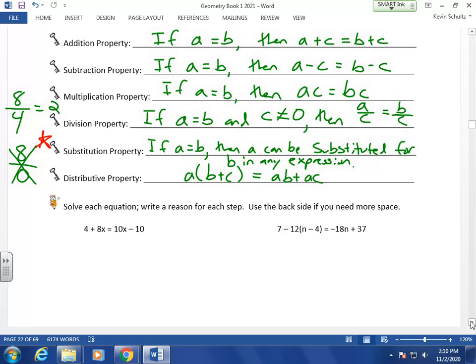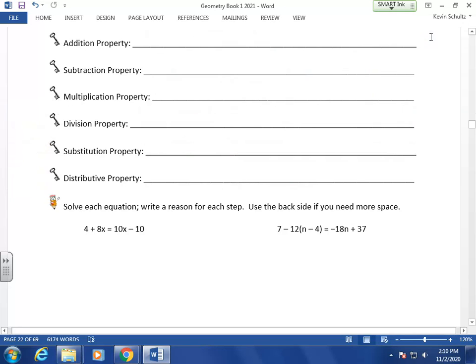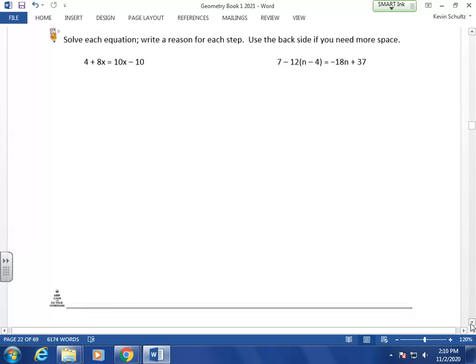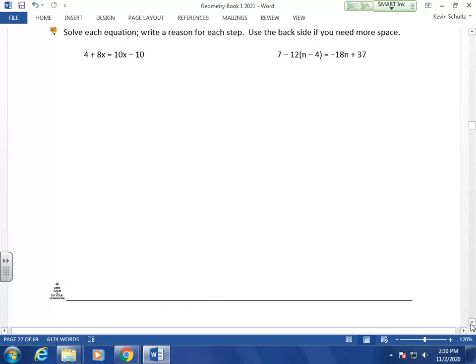Okay. All right. Getting down to seeing this in action here. It says solve each equation, write a reason for each step, use the backside if you need more space. Given the amount of space that I left you, and I'm offering you to, if you need more space, use the backside. You can kind of see what type of process this is going to be. So for starters, I want you to do this. Make a T-chart,